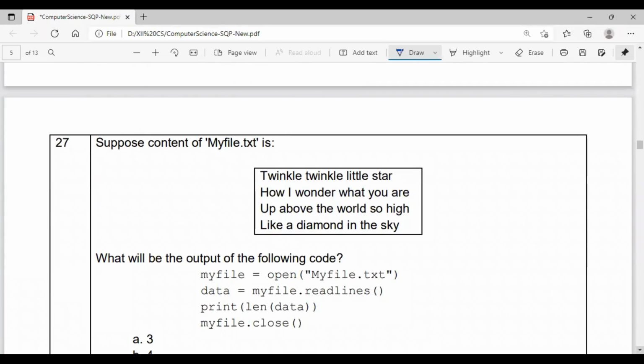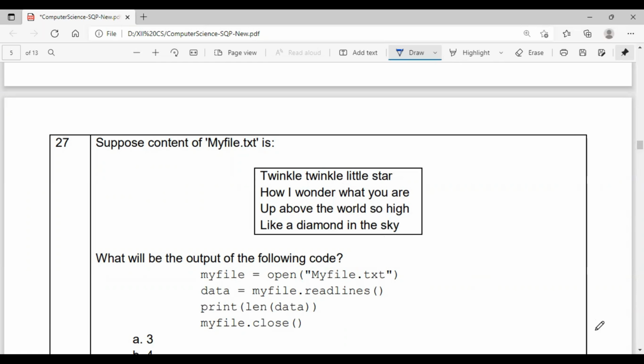Suppose the content of myfile.txt is: This is twinkle twinkle little star. This is how I wonder what you are, up above the world so high like a diamond in the sky.